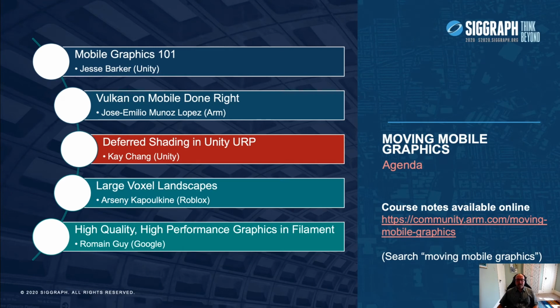Next up, Kei Chang will tell us about the deferred shading path in Unity's Universal Render Pipeline. Kei Chang is a console R&D engineer working at Unity. He's been in the video games industry for 15 years and honed his skills as a graphics programmer, working on several AAA games spanning a large variety of game consoles. Prior to Unity, he worked at Square Enix, where he was actively involved in the development of the Final Fantasy XV graphics engine and responsible for many graphical features used in the game. Please welcome Kei Chang.